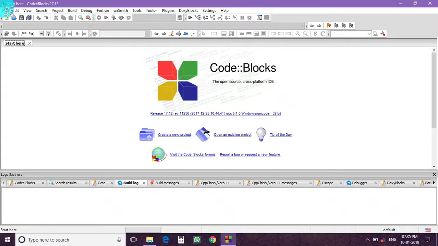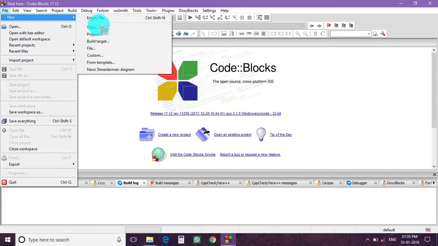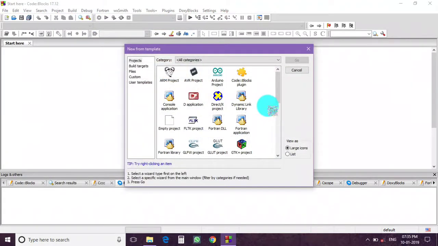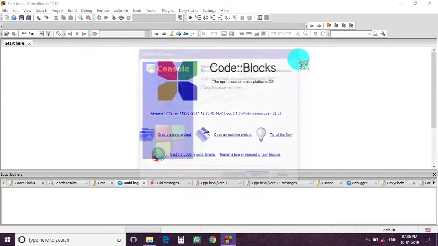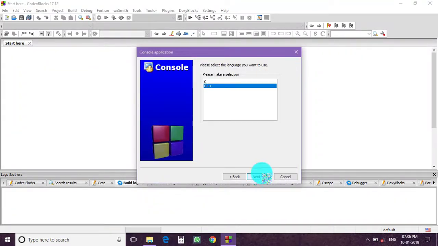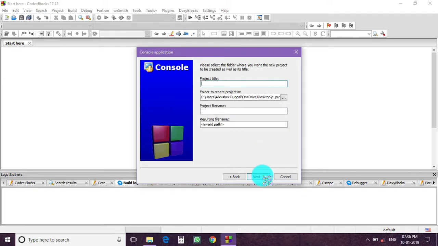So click on File, New, Project, select Console Application, then click Go, click Next, select your language. I am going to do C program, so I am selecting C, click Next, project title, give your project a title